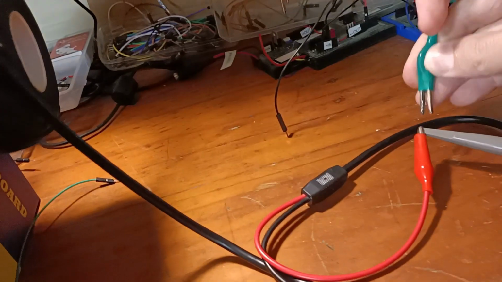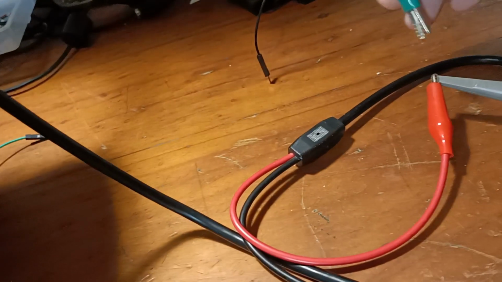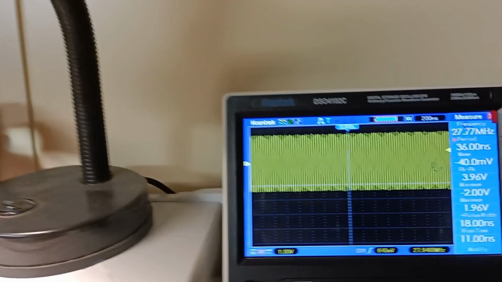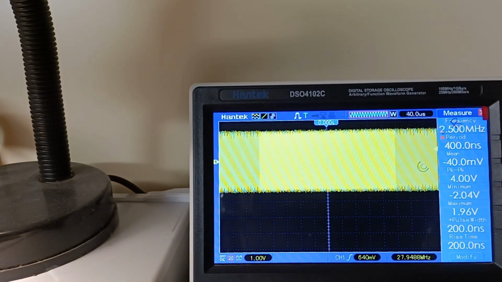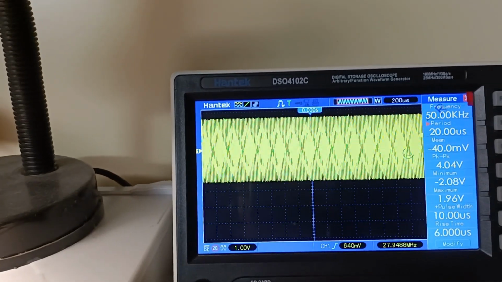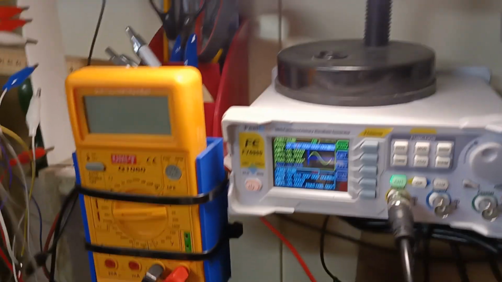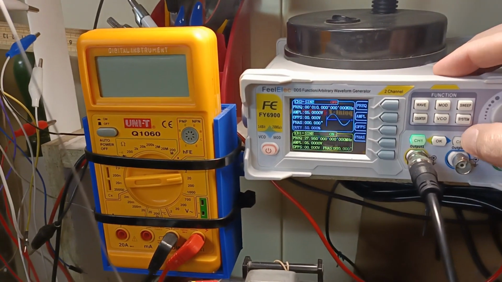Okay, and we're going to use this piece of wire here as a bit of an aerial, so I'm going to attach that to the signal gen output as well. And what we need to do is not just send a blanket signal like this, but we need to pulse it. So what we're going to do is set up our signal gen channel 2,